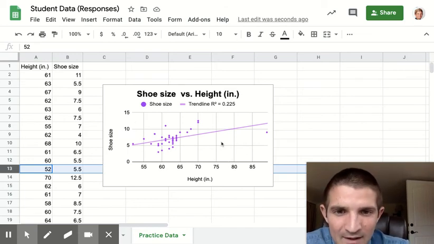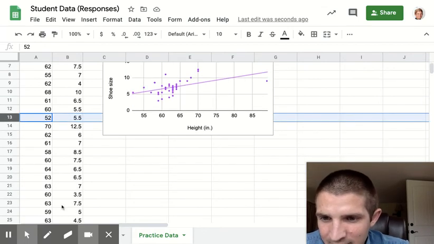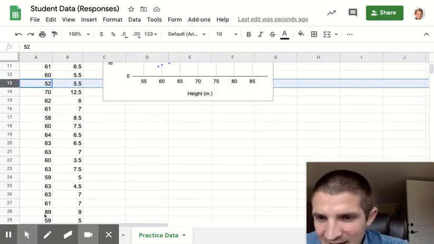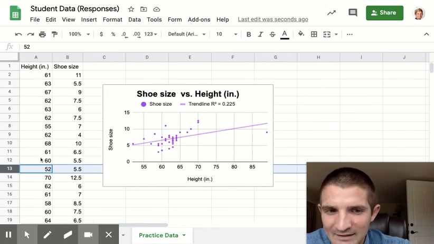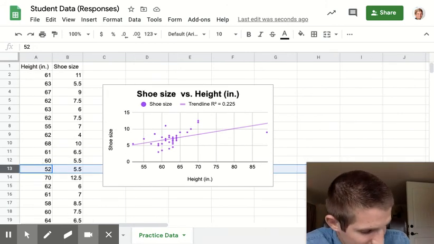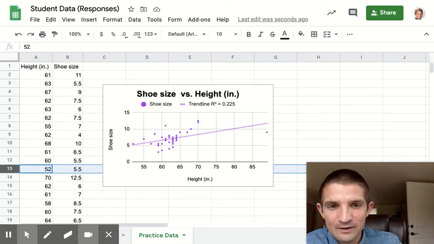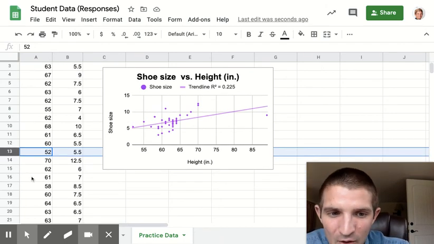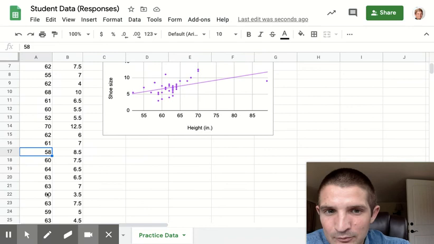So, okay. And then we have one other outlier. So someone, let's scroll down. They're 89 inches tall and they have a shoe size of 9. So let's think. 89 inches is, again, 7.5 feet tall. And I know we don't have any 7.5 feet tall people. So I think, again, we have someone